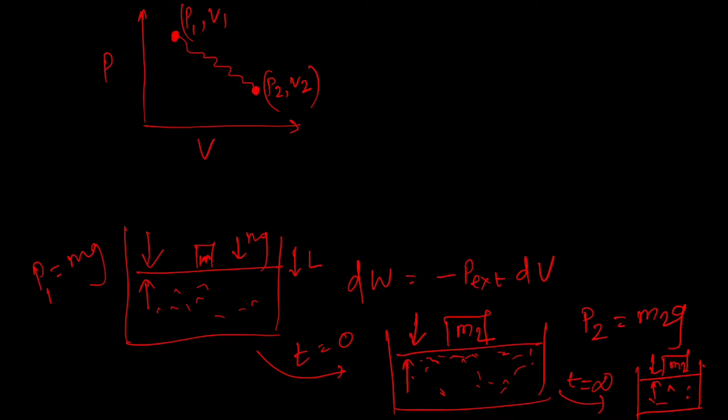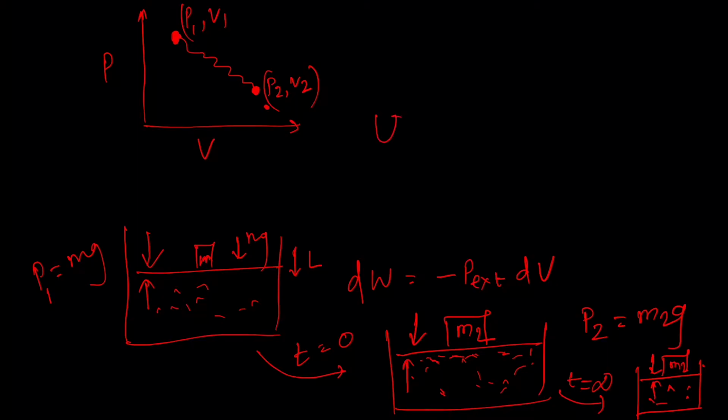Remember always that thermodynamics does not tell you what happens in between. Thermodynamics only tells you about one equilibrium point to another equilibrium point, and it does not care about the time it takes to go to that equilibrium point. It may take 10 seconds or a million years. Ultimately, what we see is one equilibrium point to the next. So, we do not know what is in between, but given the information of P1 V1 and P2 V2, we can calculate certain properties.